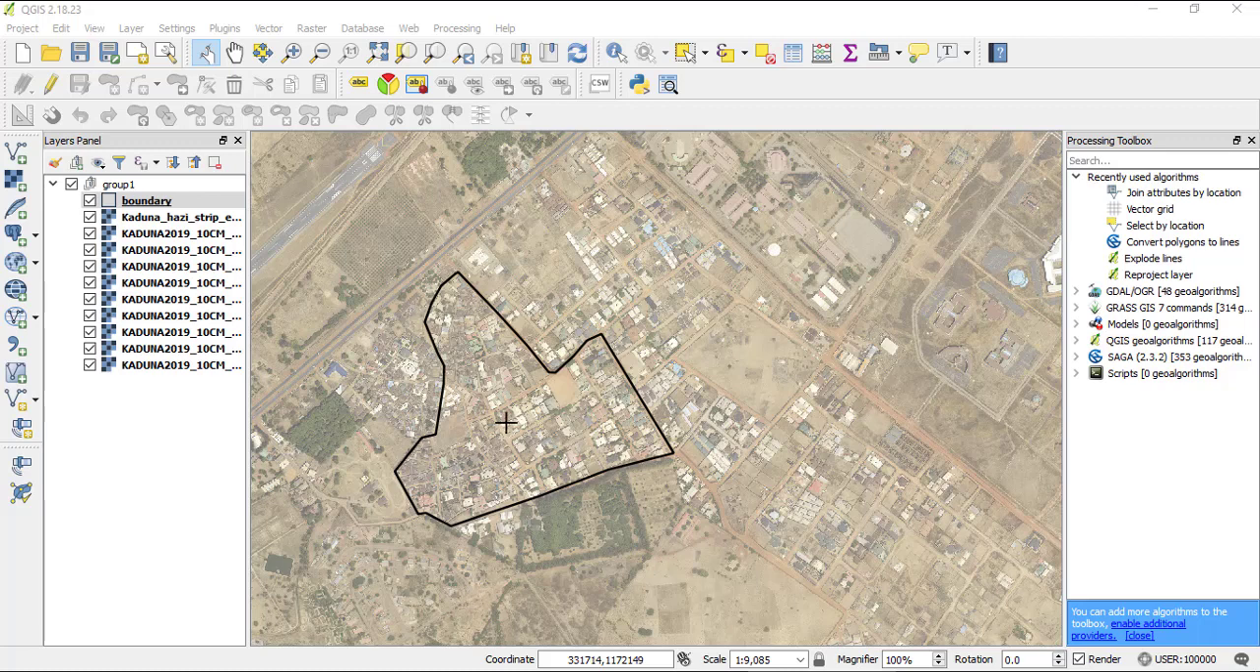In this video, I'm going to show you how we can use the Atlas feature with an integration of Python code to generate multiple maps in QGIS. As you can see, we have an orthophoto with the boundary line. So now the first thing we need to do is